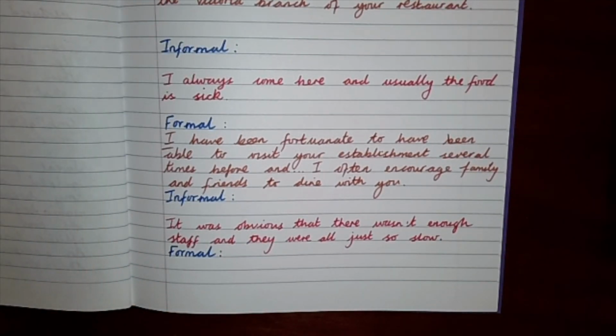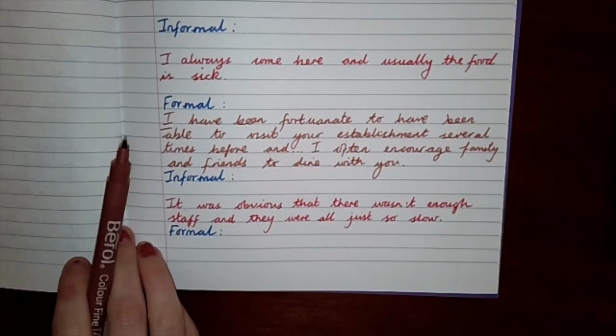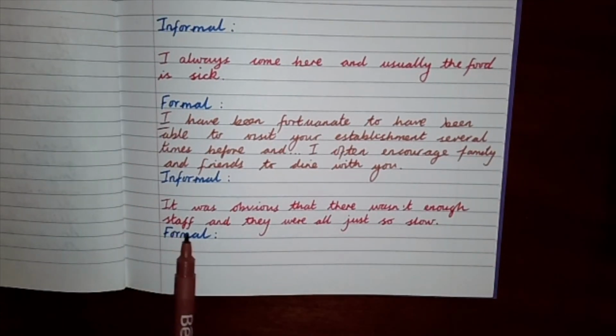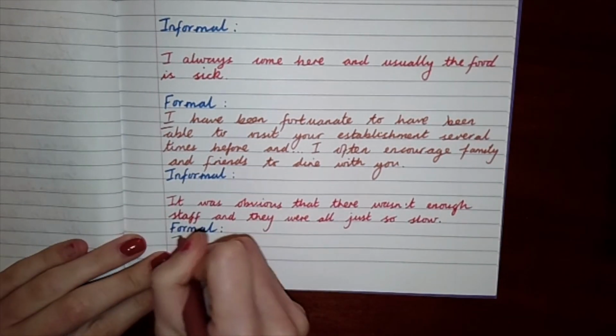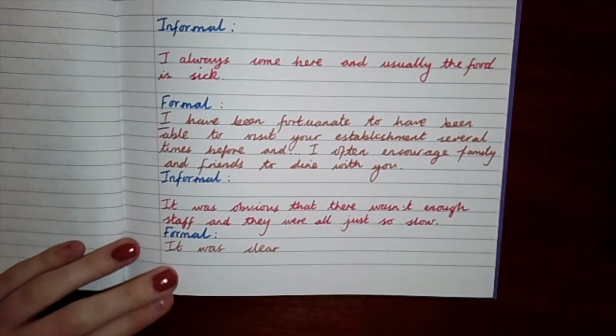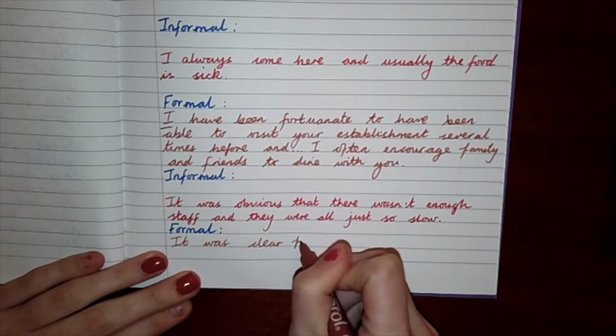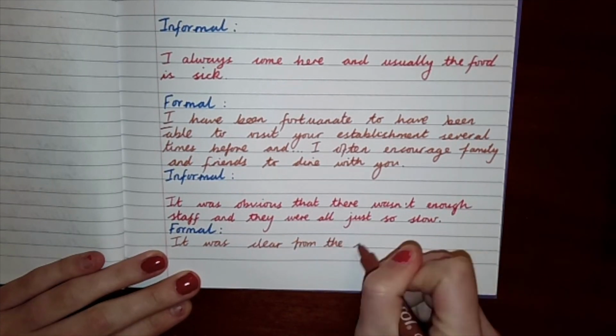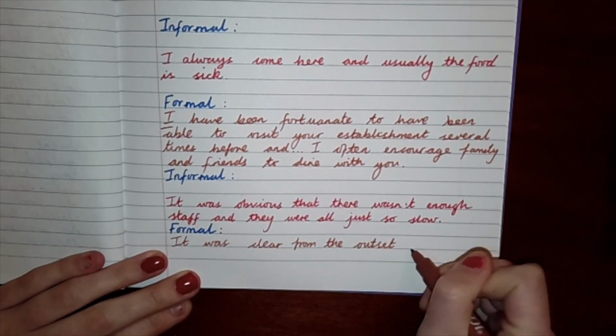Now, let's look at our final example then. It was obvious that there wasn't enough staff and they were all just so slow. It was obvious comes across as a little bit rude. So, I want to get the point across that there wasn't enough staff. Instead of saying it was obvious, I'm going to say it was clear. It was clear from the outset that,